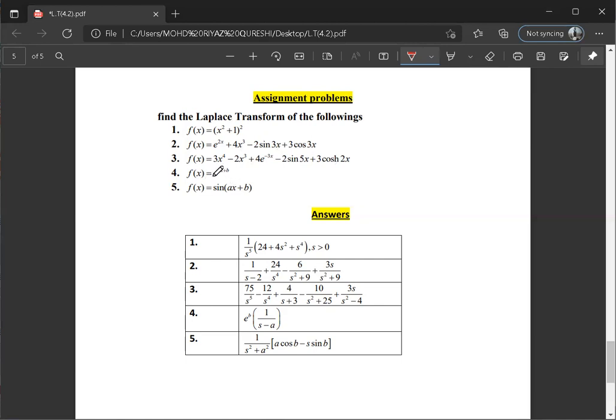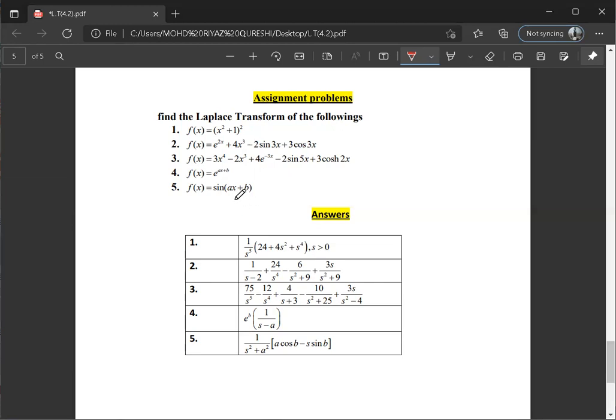Here, first of all, for this e to the power of ax plus b, you have to apply Laplace transform. It will become Laplace of e power ax plus b. Here you can split it as e to the power of ax into e to the power of b. You can pull e to the power of b outside because there is no s value, there is no x value. We can treat it as a constant. And Laplace of e power ax is 1 by s minus a. So e power b will be out, times 1 by s minus a. Simple answer.